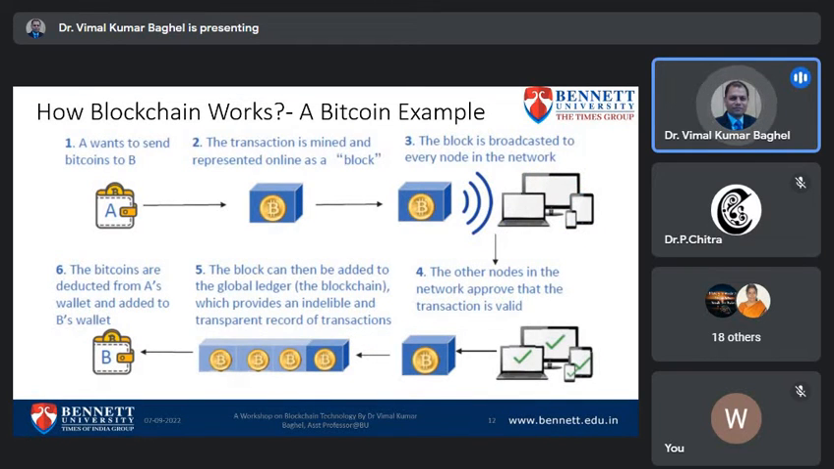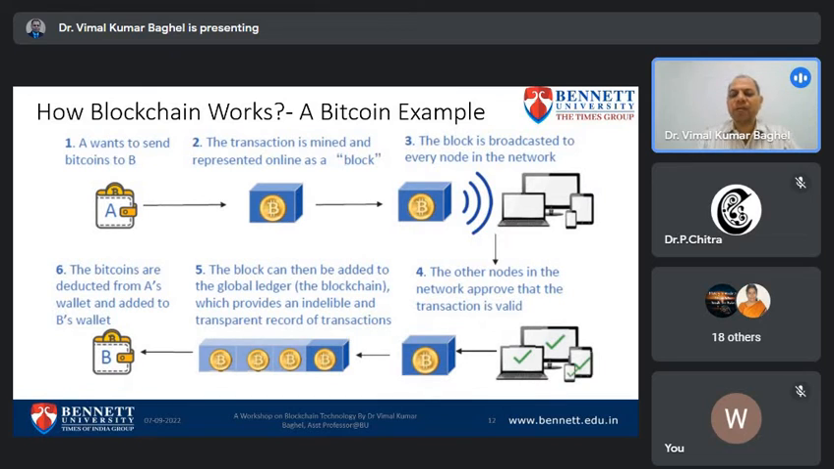With the help of a Bitcoin transaction, we can also understand how blockchain works. Suppose there are two users, A and B. If A wants to send some bitcoins to B, the transaction is mined and represented online as a block, and then the block is broadcast to every node in the network for validation. Every node validates it, and the other nodes in the network approve after the validation that the transaction is valid, and then the block can be added to the global ledger, the blockchain, which provides